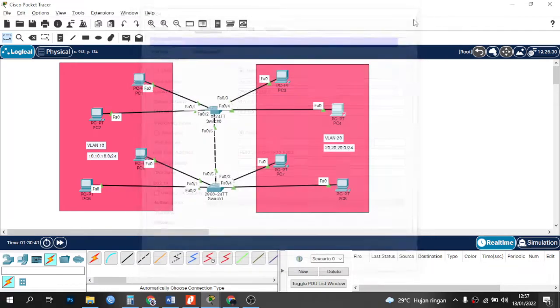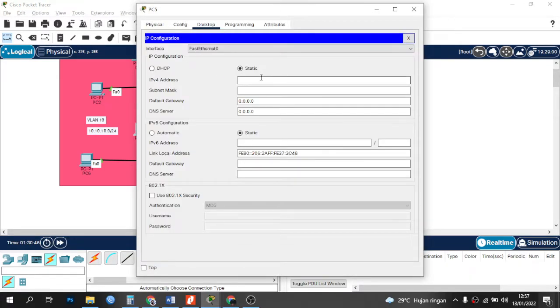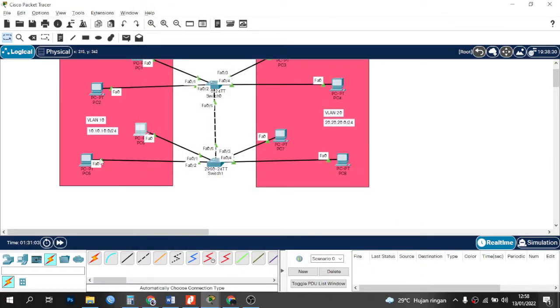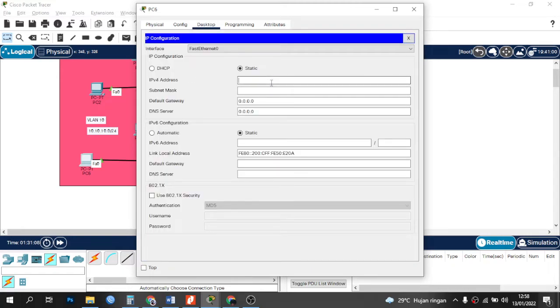Okay, next PC5 IP configuration, 10.10.10.3, 255.255.255.0. Next PC6, 10.10.10.4, 255.255.255.0.